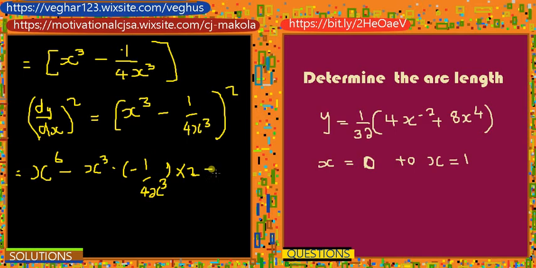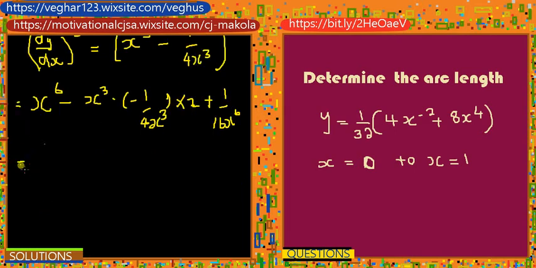You have positive 1 over 16 x raised to 6, and then solving this one, you have x to the 6, and then multiplying this one, this will cancel with this one, and then you will be left with -2 times,